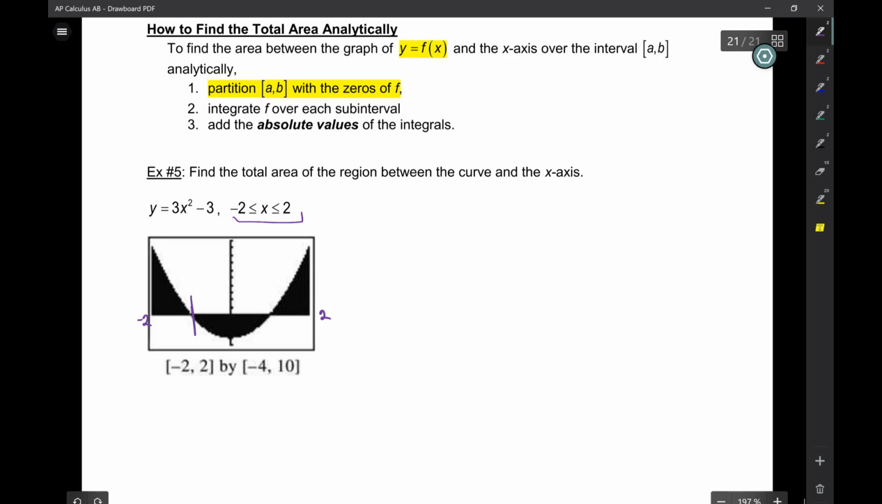So what you do is you cut off the interval by the zeros of this parabola, of this function, okay? Where are the zeros of this? Let's see. 3x squared minus 3 equals 0. X squared equals 1. X is plus or minus 1. So this is at -1 and that's at +1. So you partition this. Then you integrate f over